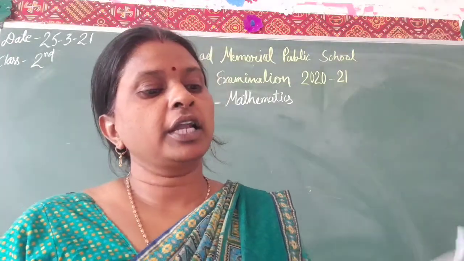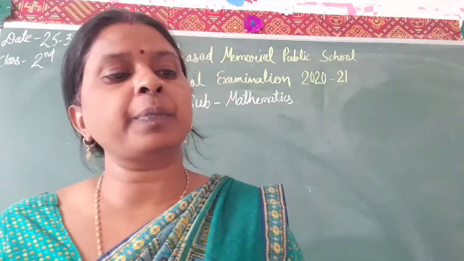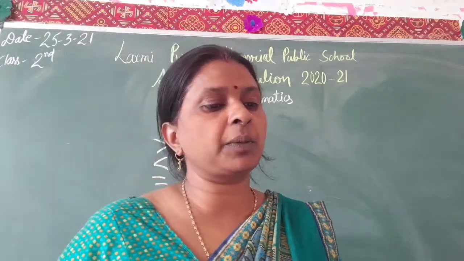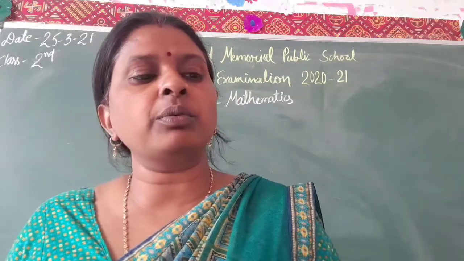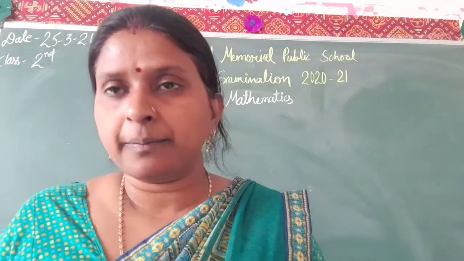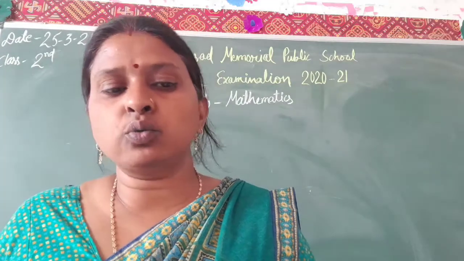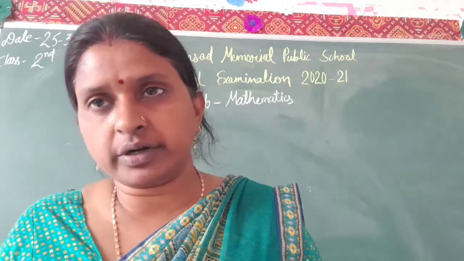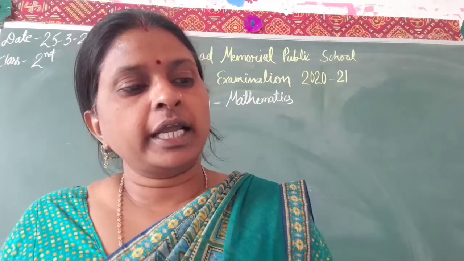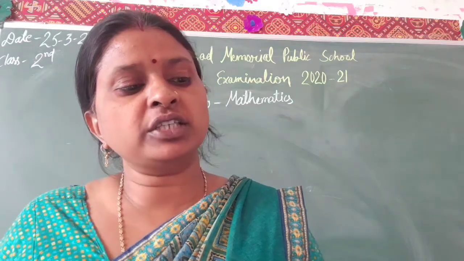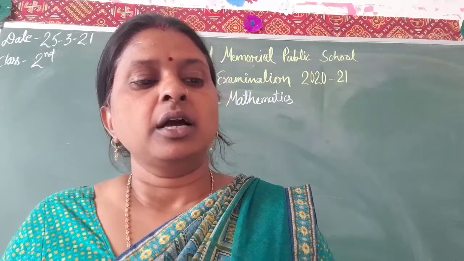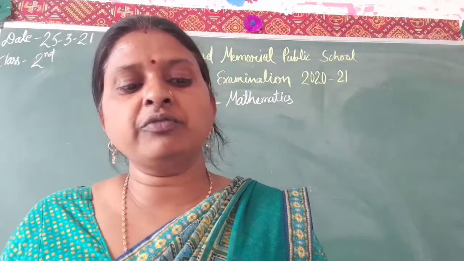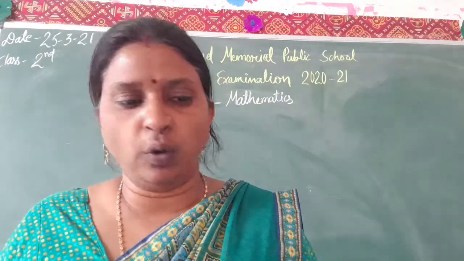Clear, student? In question number 14, write division fact for each of these multiplication facts. You know that multiplication fact 4 multiplied by 2 is equal to what? And 4 divided by 2 is equal to what? And 8 divided by 4 is equal to what? Clear, student? In B part, write the quotient for each. You have to divide 24 by 6, 12 by 1, 15 by 5 and 28 by 4.